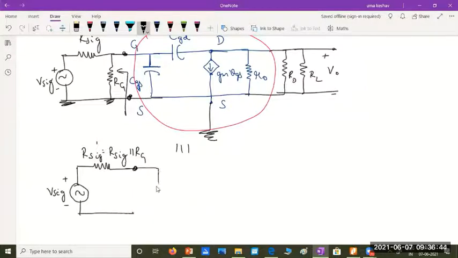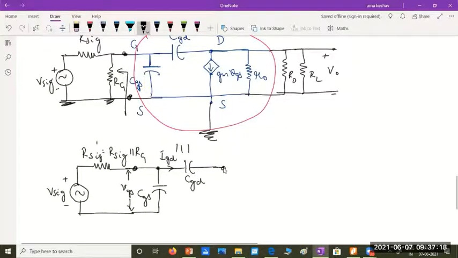So here I have to account only for this gate to source capacitance CGS, and the voltage across this would be VGS, the gate to source voltage, and from here onwards I have the capacitance between gate and drain, CGD. Let's consider the current going from gate to drain as IGD through this capacitance. Here I have the current source GM VGS,